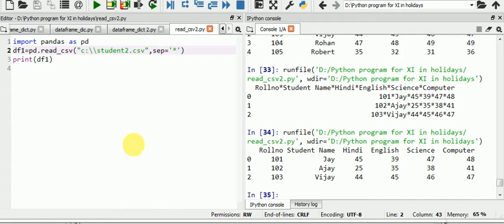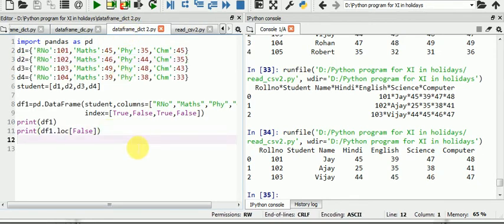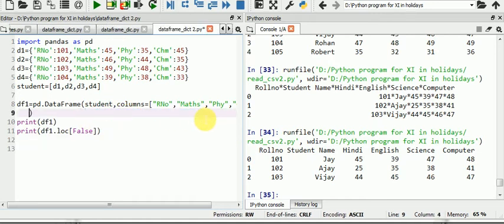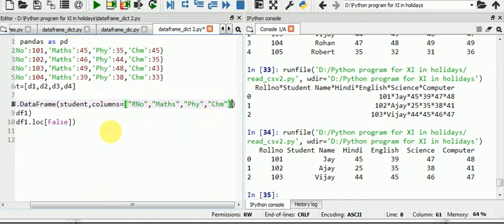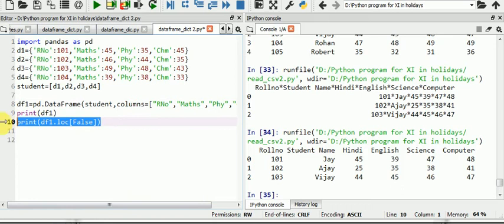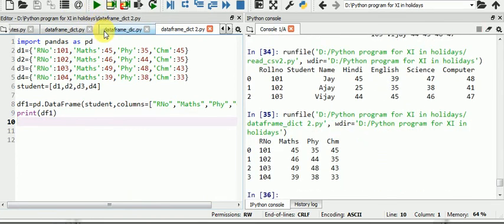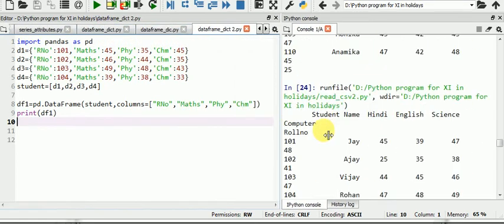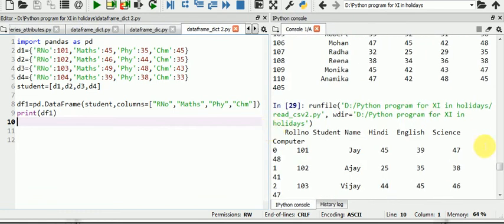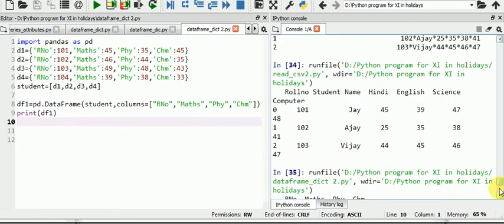Okay, now next we learn how we can save our data from Python to a CSV file. For that purpose we can go to our previous program. That's the index, I am removing this. That's my program. You know that in the previous video we learned to create a data frame. So that's the output of the current program.